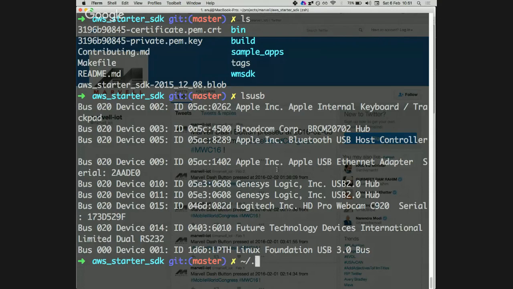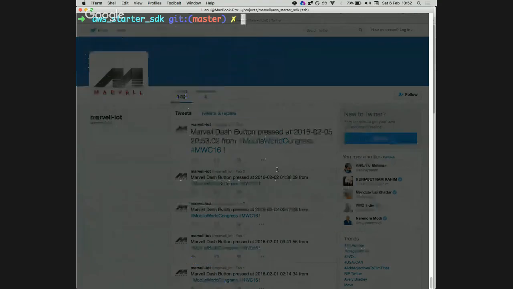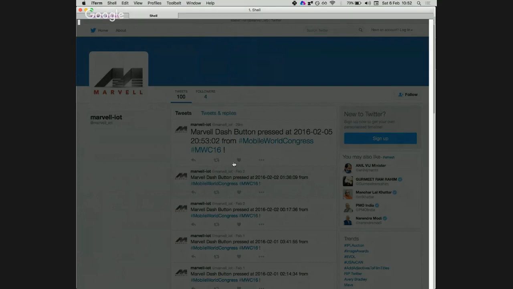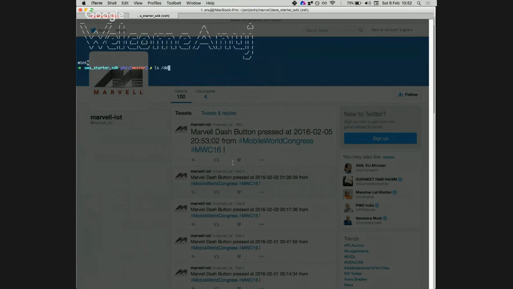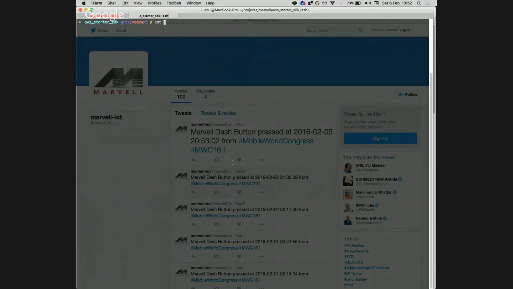On Mac, there are some steps that you have to follow so that you can connect the device using USB. That's an issue with the libUSB drivers on Macintosh. That's why I have to run a script every time I connect a board to a Mac. That problem doesn't happen on Linux or Windows. Now, if I go to this, what I did was